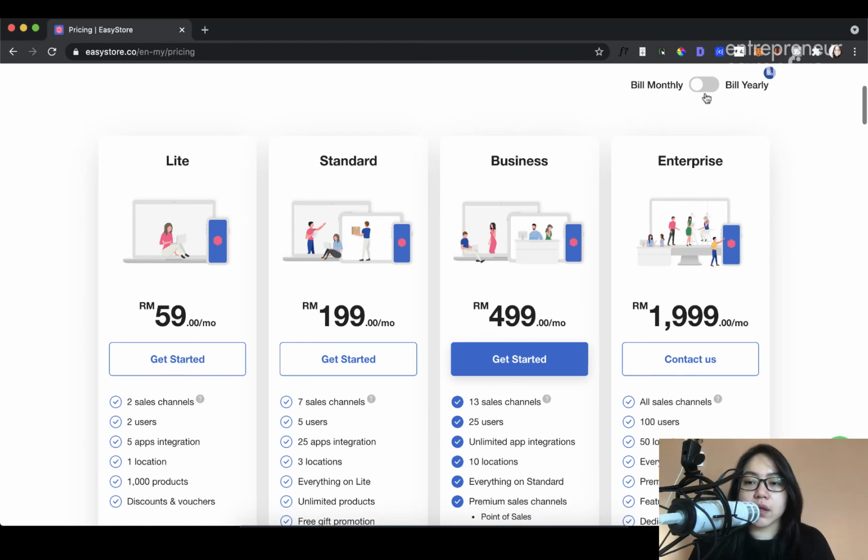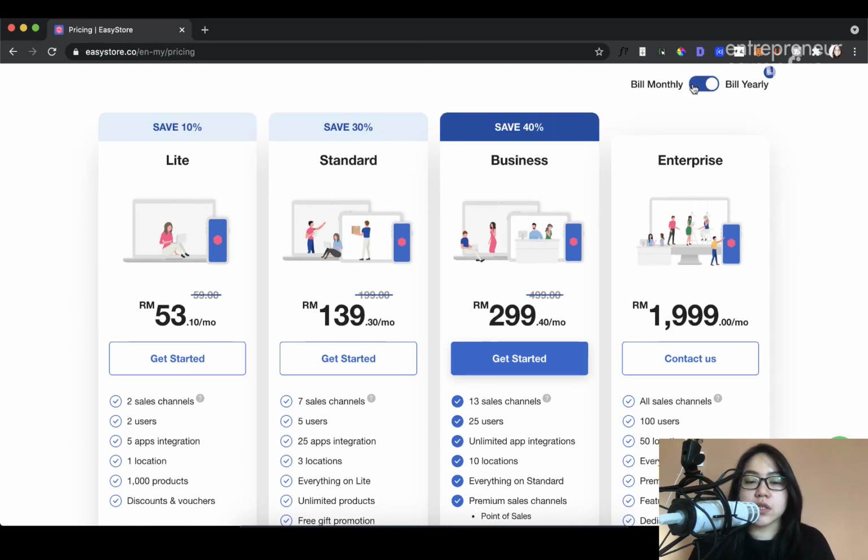So let's go back again to see what are the savings you can achieve with the yearly pricing. For the Light plan, if you pay yearly, you get 10% off. If you pay yearly for the Standard plan, you get 30% off and 40% off on the Business plan. So the discounts keep going up, and you save up to 40% on the Business plan.